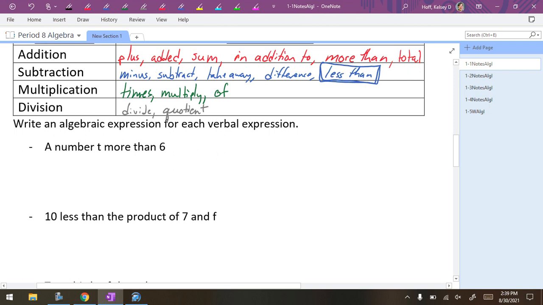Thatcher. T plus 6, after I just got done telling you not to use t, right? I put it in the notes then. If you're going to use t, I would make it capitalized, or I would make it have a hook at the end so that it doesn't look like a plus sign. Technically, could you write 6 plus t? Yes. Addition, the order does not matter. So technically, you could write that.